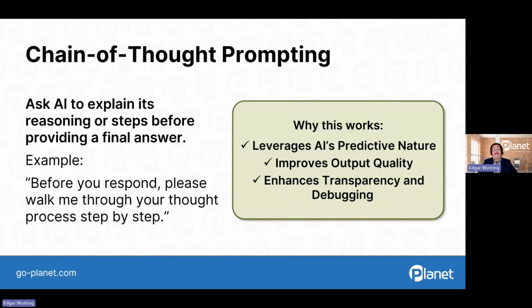It improves output quality. This forces the AI to include all those considerations into the task as a part of its response. This is going to lead to more coherent, thoughtful, and accurate outputs. And it provides us an opportunity to debug, so to speak, the output that Copilot is providing us. It turns that mystical magic of AI output into a transparent process, allowing us to understand the AI's assumptions and evaluate its reasoning alongside the answer.